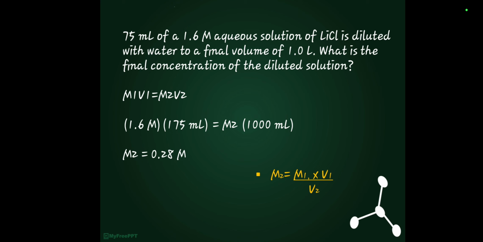So 75 ml of a 1.6 M aqueous solution of lithium chloride is diluted with water to a final volume of 1.0 liter. What is the final concentration of the diluted solution? So here, the final solution is the unknown. It's very obvious because it's in the question. So let's go back to the original formula, the constant formula. We have M1 V1 equals M2 V2. So the M1 would be 1.6 M and the M2 would be